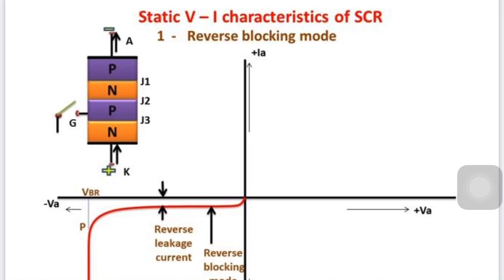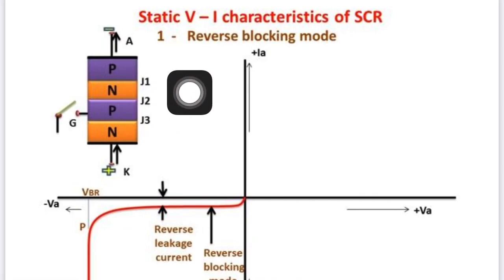So, what is the reverse blocking effect? We try to understand it first. You can see over here, we are trying to flow the current from cathode to anode direction. So when we apply cathode to anode, which layer is first? NP, which is reverse bias, then PN. So J2 is forward bias, and NP, that is J1, is reverse bias.